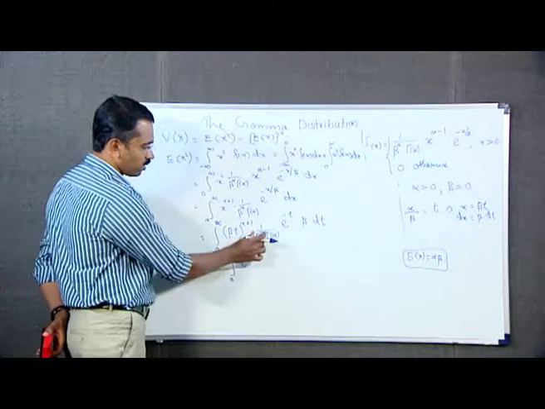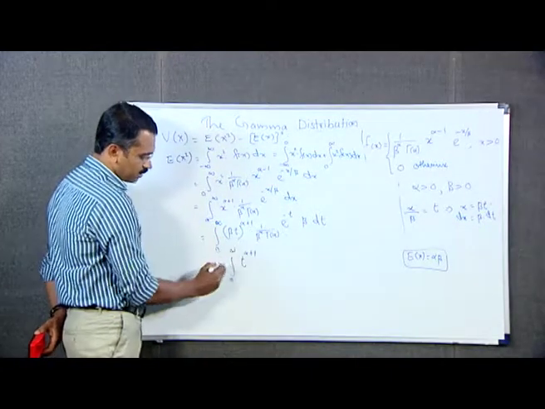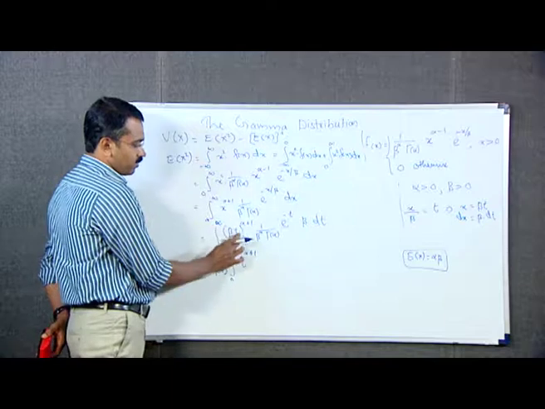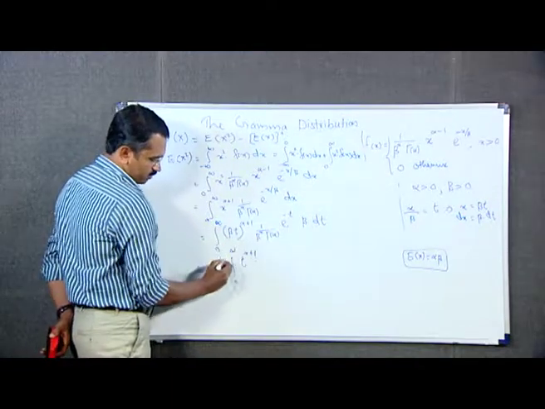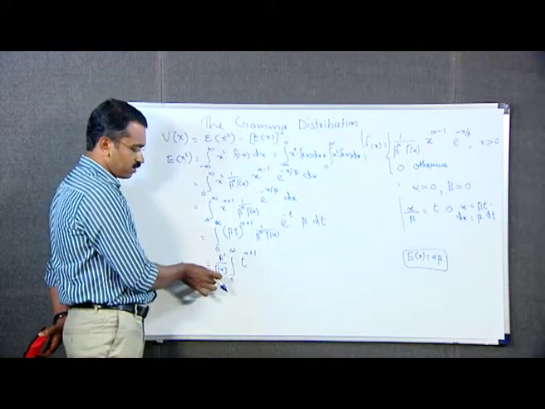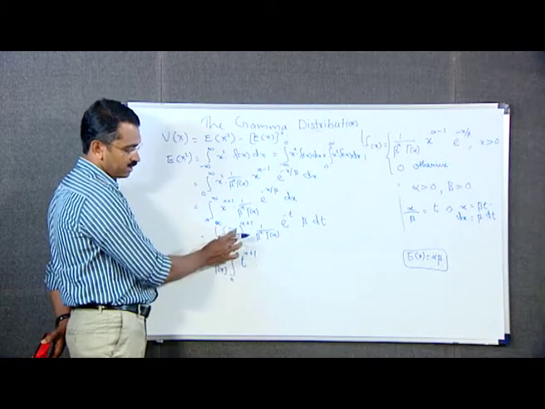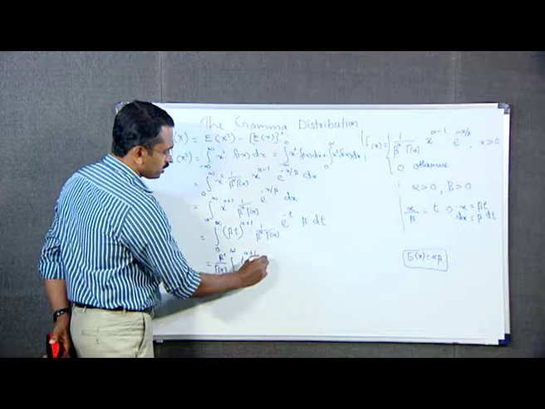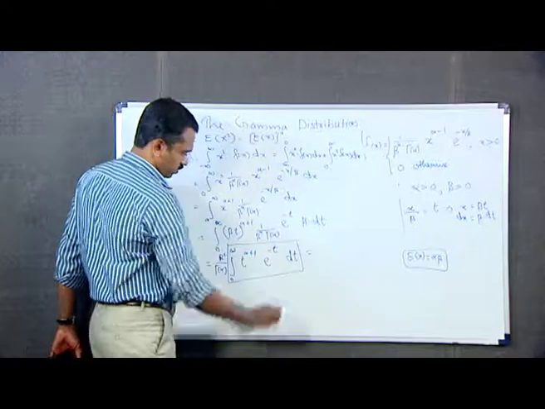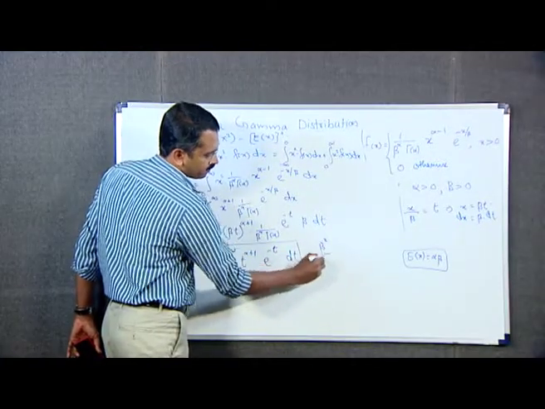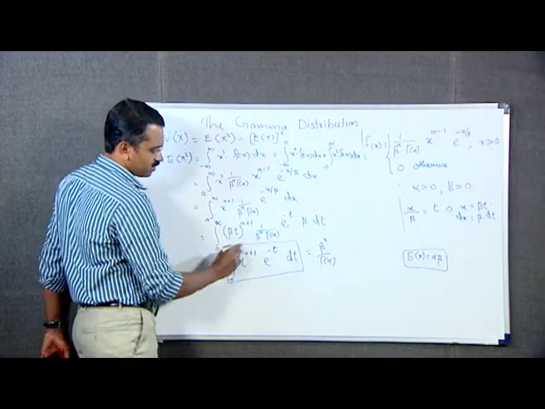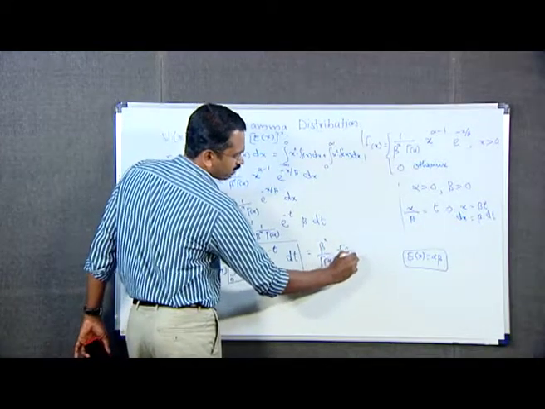into, here, this 1 by gamma alpha can be taken outside. Here beta square, that beta square can be taken outside. Therefore, this is equal to beta square by gamma alpha into integral from 0 to infinity t raised to alpha plus 1 into e raised to minus t dt. This is equal to beta square by gamma alpha into, by definition, this is gamma alpha plus 2,